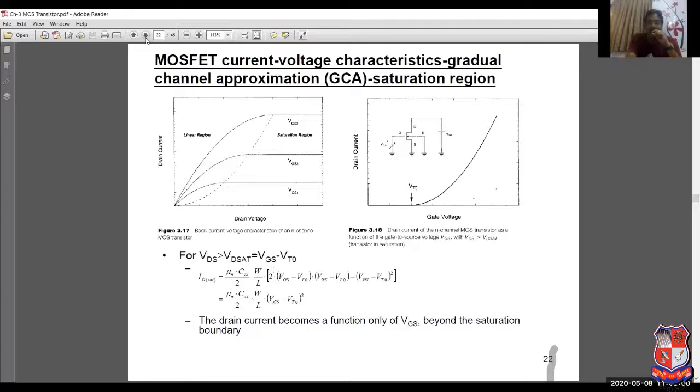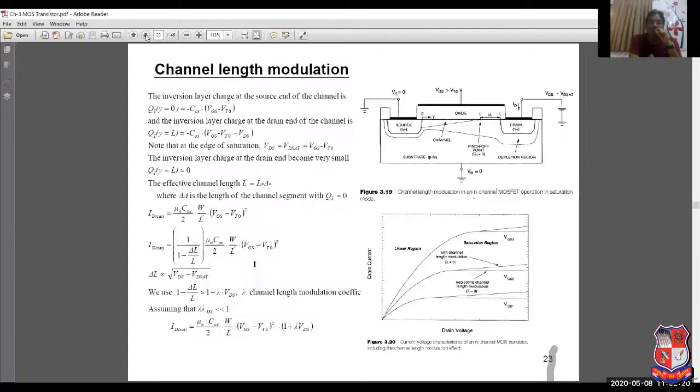And beyond this VDS saturation, what will happen if you keep on increasing the VDS in this saturation region? Then the length is reducing. The length is reducing, so therefore your ID saturation is not constant, but it is increasing by a small amount, and that increase in the current with reference to the increase in the VDS voltage is known as channel length